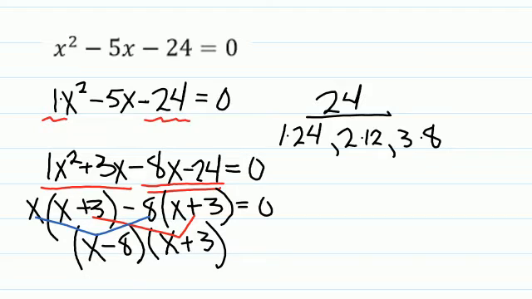And now I can use the zero product property and solve for x. So because the product of these two terms equals 0, I can set both of these equal to 0 and solve for x. Ask yourself, what minus 8 equals 0? The only value that equals 0 is going to be 8, right? 8 minus 8 equals 0. And same for this one. What value for x plus 3 equals 0 is going to be